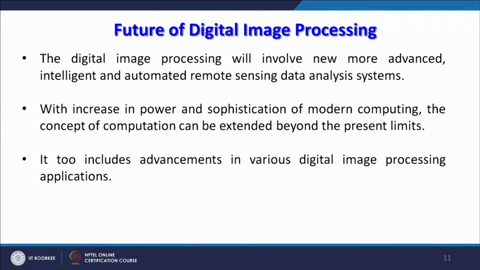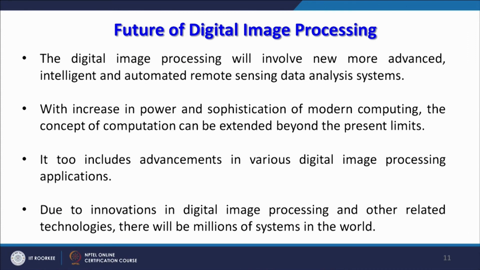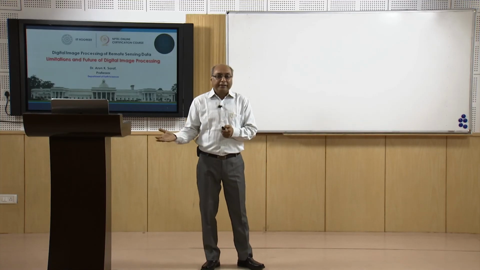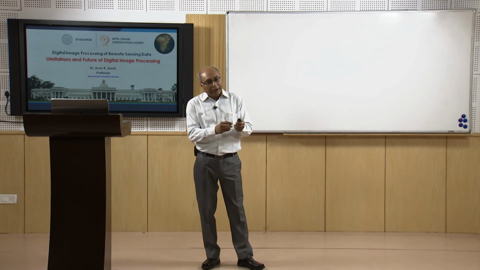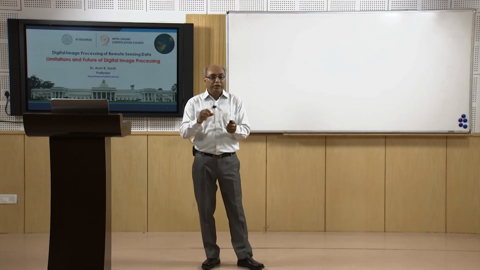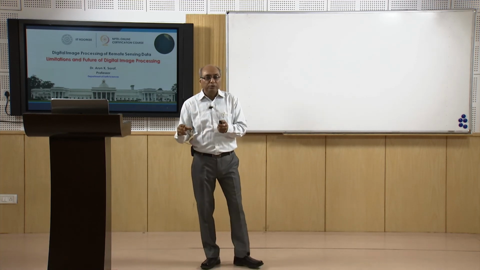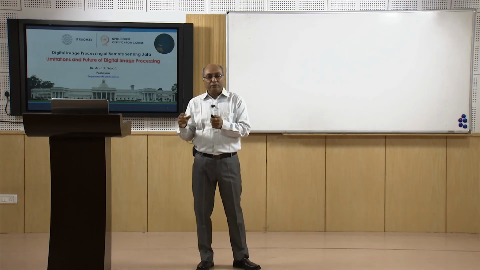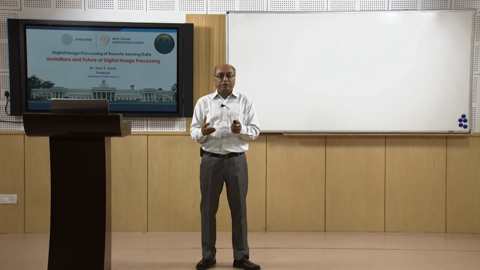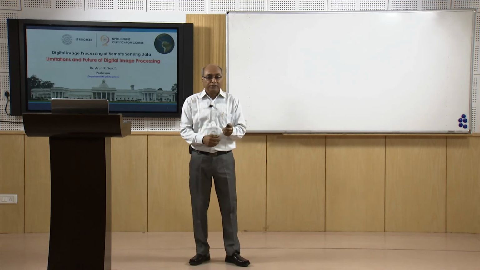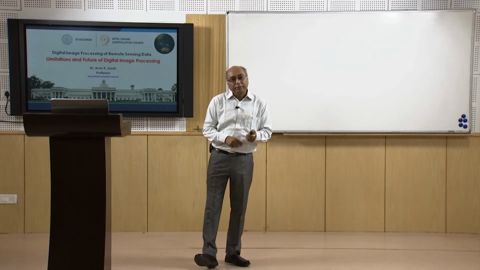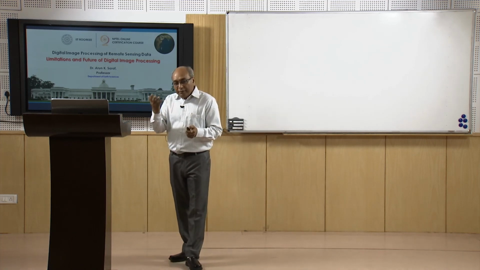It also includes advancement in various digital image processing applications which are already evolving. New applications are coming. In image classification, as I have mentioned, instead of being based just on spectral classification, we are now going for object-oriented classification, classification based on neural networks, classification based on fuzzy logic, or image processing tools based on wavelets. One example of image compression based on wavelets is MrSID, where a 50 MB image is compressed non-destructively into a 1 MB image. So that's the development. Similarly, in future we may see more sophisticated, more advanced data compression or